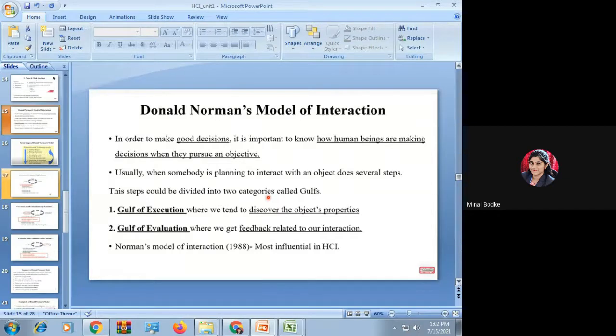Now next we are going to study the interaction model, which you're going to apply for developing your GUI interface. You're applying Norman's model in your day-to-day activities also, what you're doing actually. Like your SDLC life cycle, your Norman's model is there. So let us see what is Norman's model now.